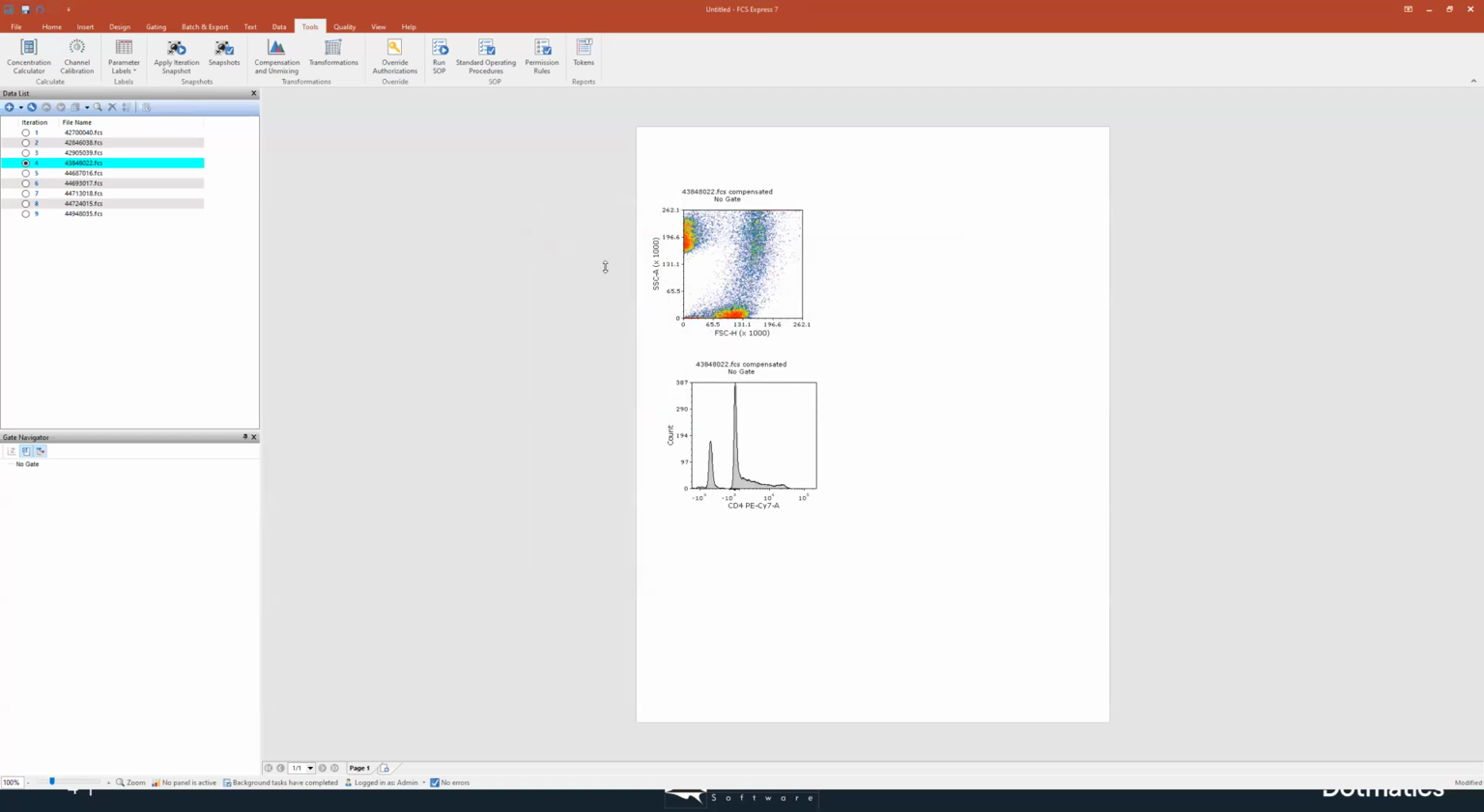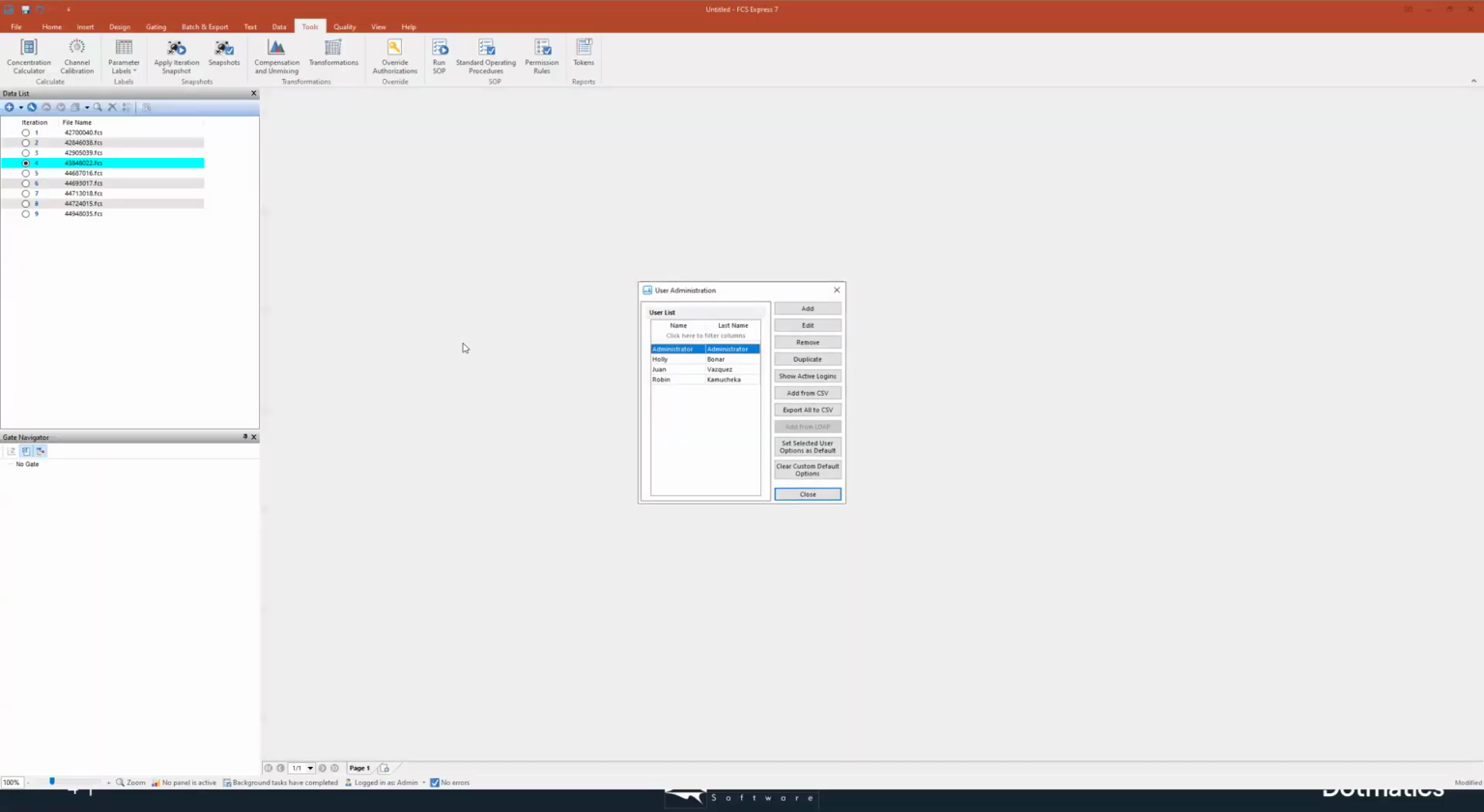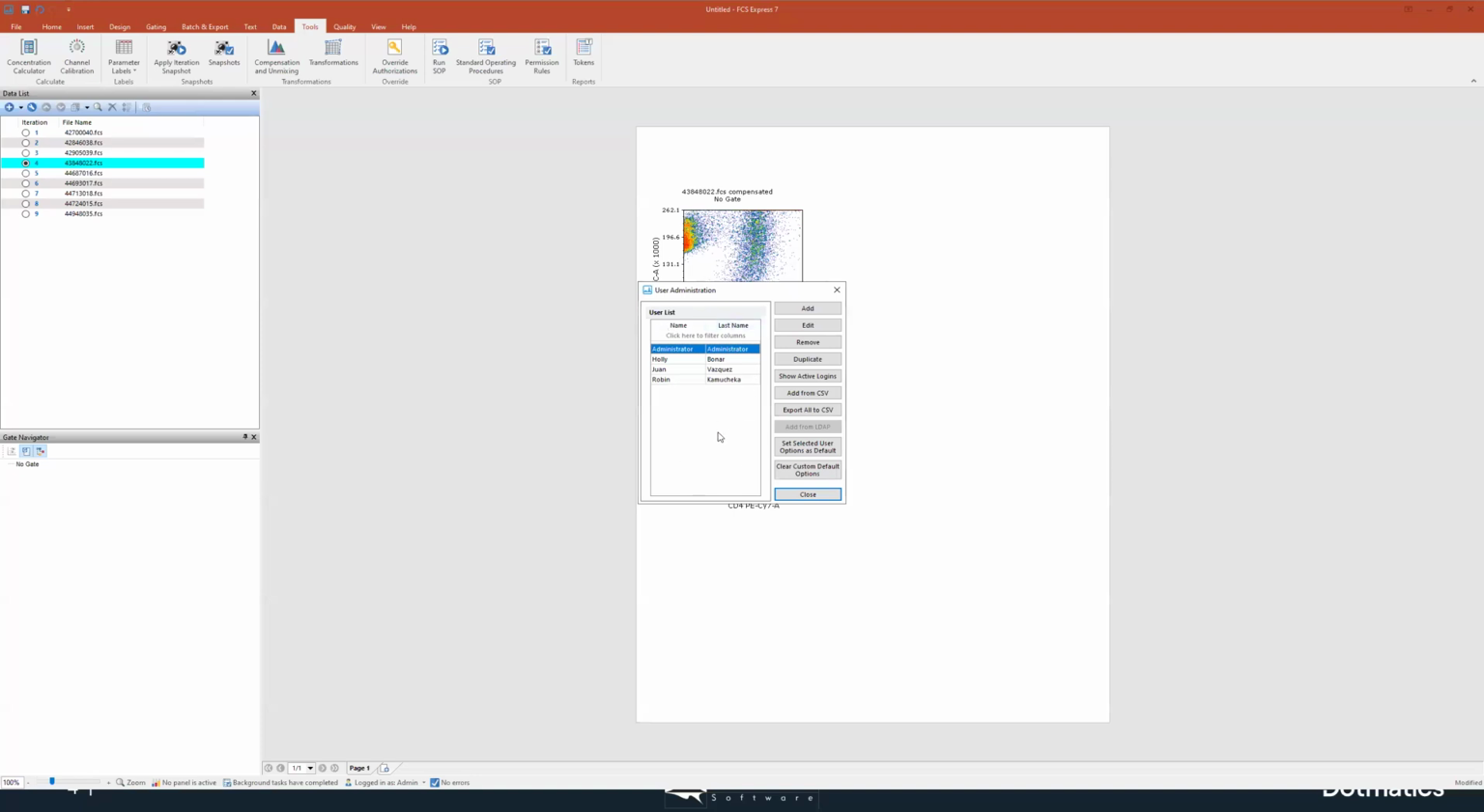the last bigger things that we added, which was the ability for admins to push specific user settings to their other users. So let's say you have different settings that you want added to your user options and you want those to go to all of the users. Now an admin can make those changes to their own user options and then come to File, Security, User Administration, pull the list of all the people on your license. And now there's a button here that says Set Selected User Options as Default. So let's say my user options are the ones that everybody else in the lab needs to have